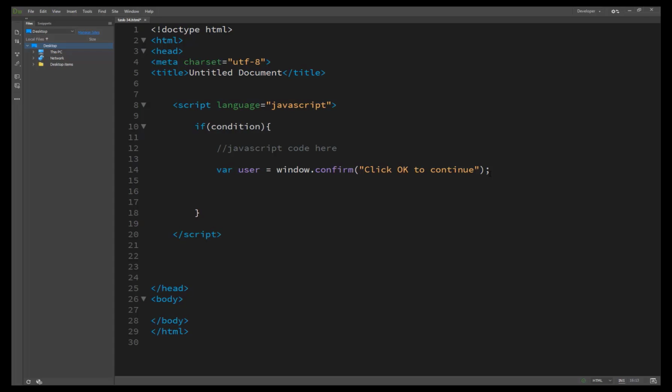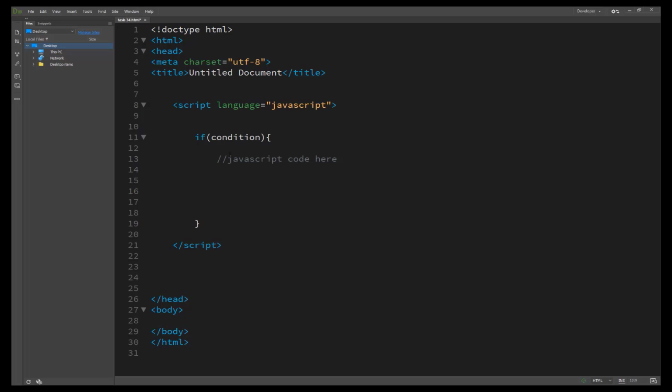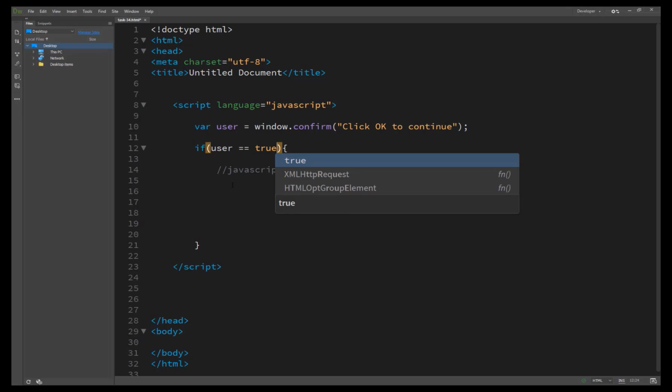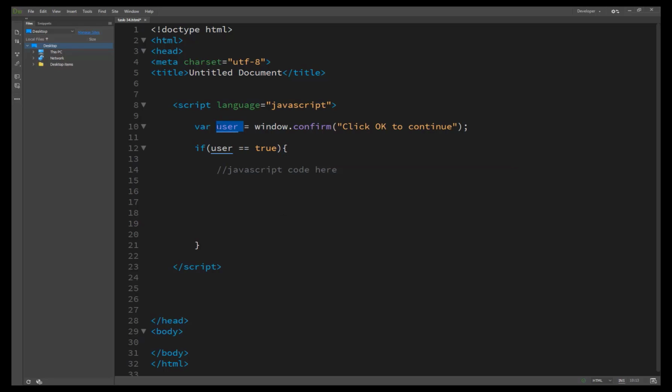This is not inside the if, it is outside of the if, and when we evaluate it, we evaluate inside the condition. So in the condition we write if user is equal to true, it means that the user clicked OK and window.confirm confirmed that, and the value assigned to user is true.